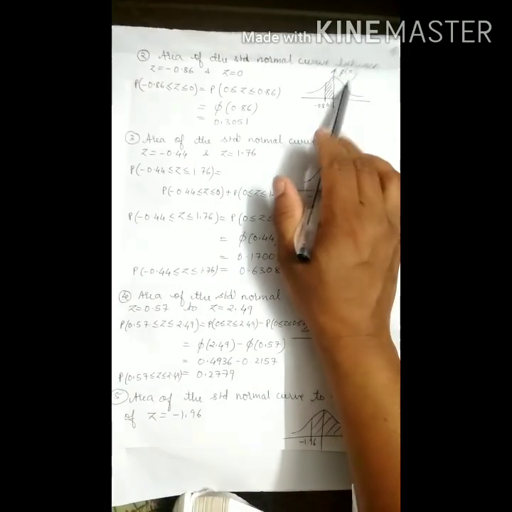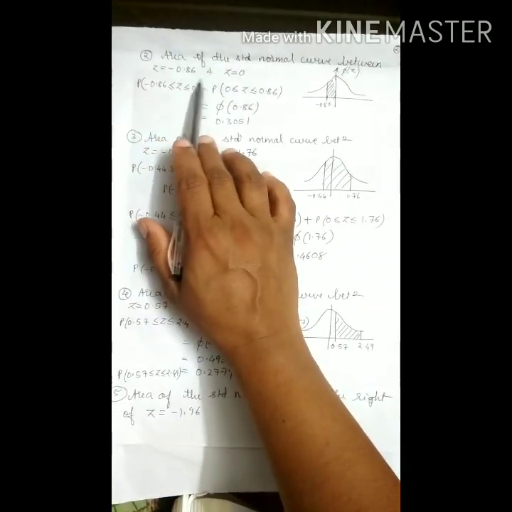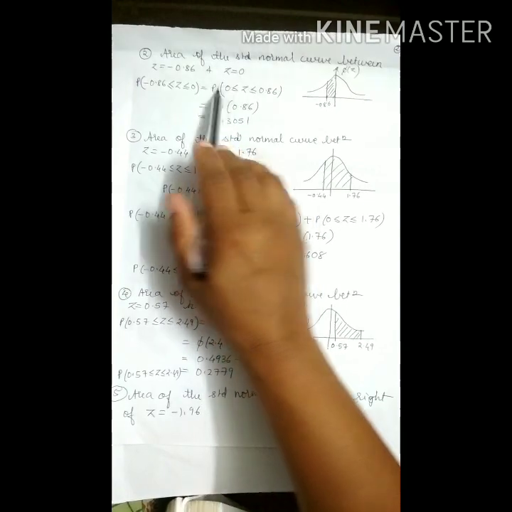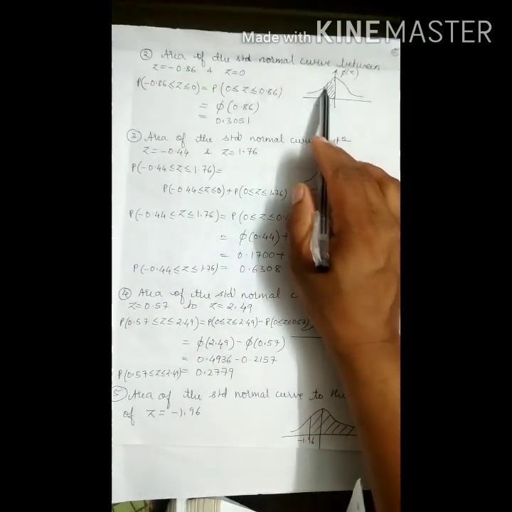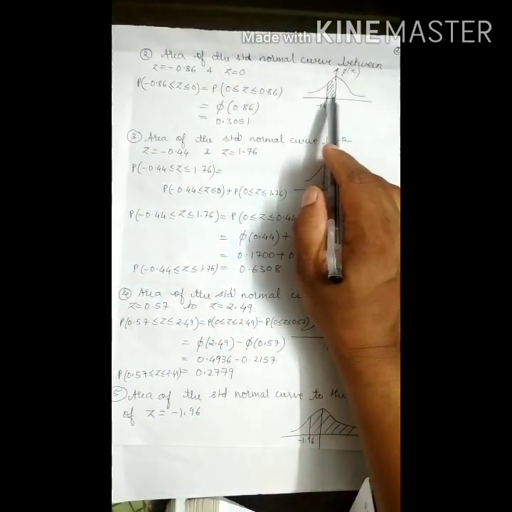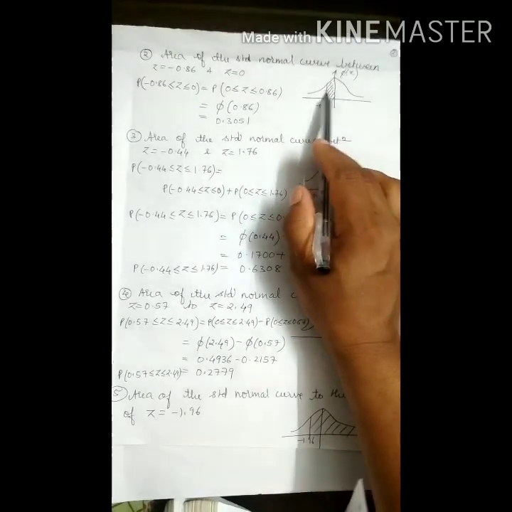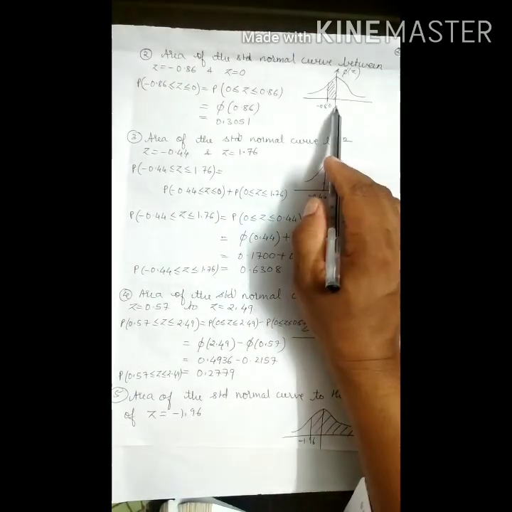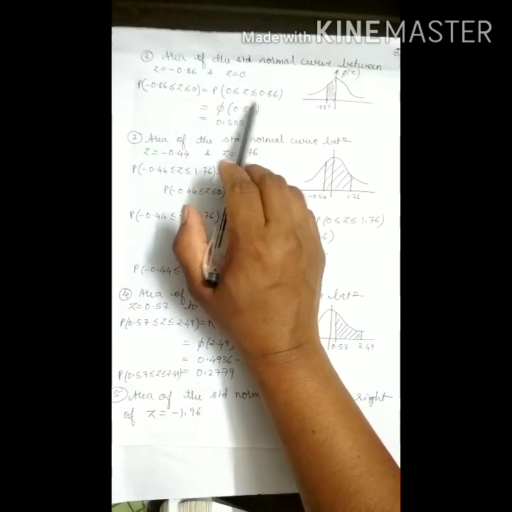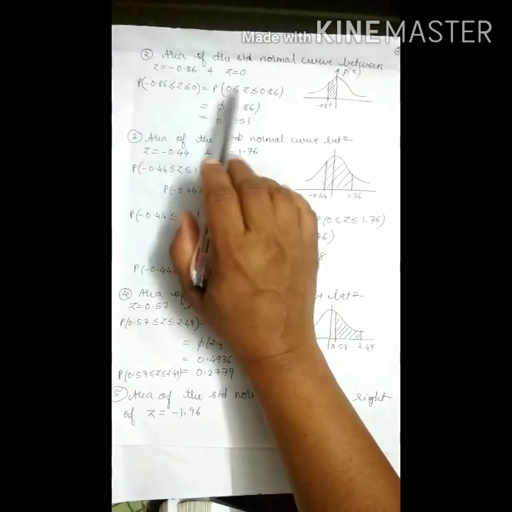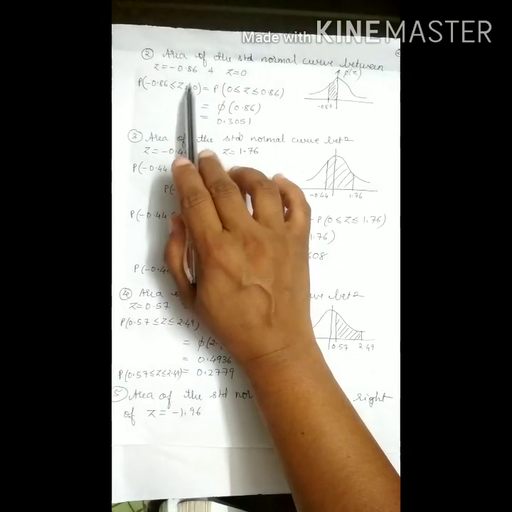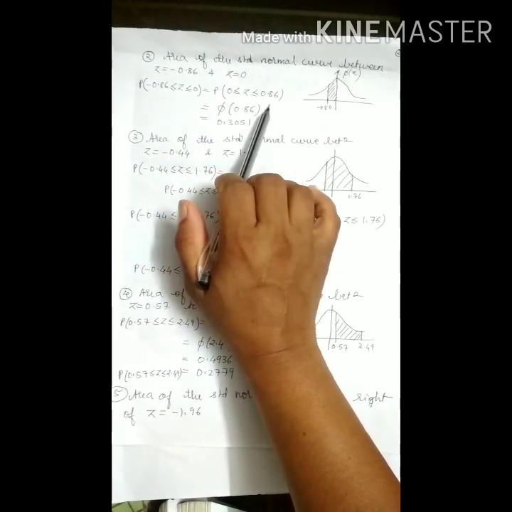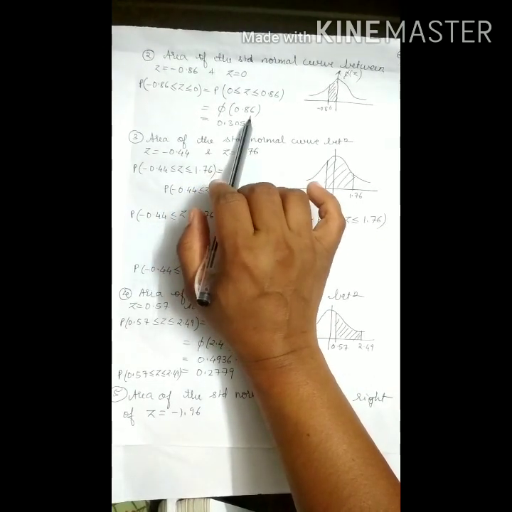Area of the standard normal curve between minus 0.86 and z equals to 0. So draw and take. Minus 0.86 means this side it will come, negative axis, and 0. Whenever I said the graph is symmetric, if they ask you negative to 0, it is understood we can take it as 0 to 0.86. Now this inequality sign will change, minus 0.86 will become plus 0.86. This 0 will come first and 0.86 will come this side. So this is 0 to 0.86, which I told you to write as phi of 0.86.